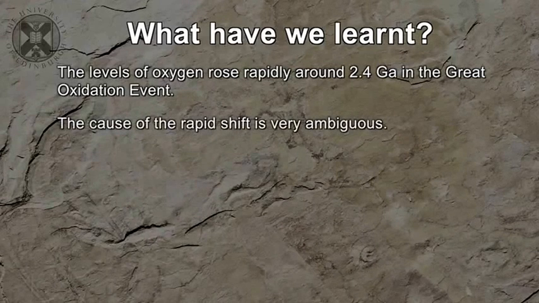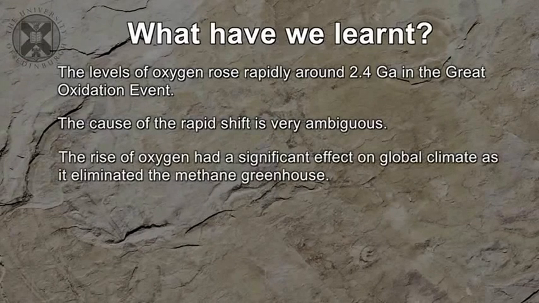We've learned that the cause of this sudden increase in oxygen is still enigmatic and quite ambiguous, but there are ideas about how that could have occurred and how that rapid switch might have happened. But it remains a continuing challenge in astrobiology to truly understand what the environmental changes were that occurred, or even the biological changes that contributed towards that rapid switch. The rise of oxygen would have probably had implications for global climate by changing the concentration of greenhouse gases like methane, and it also would have had consequences for the cycling of elements vital for life through the biosphere.